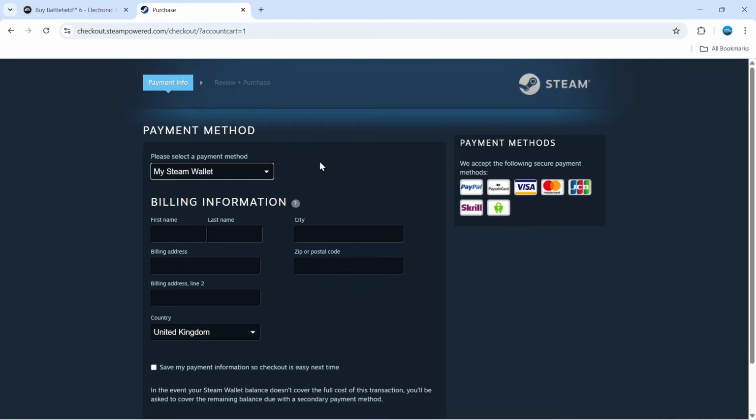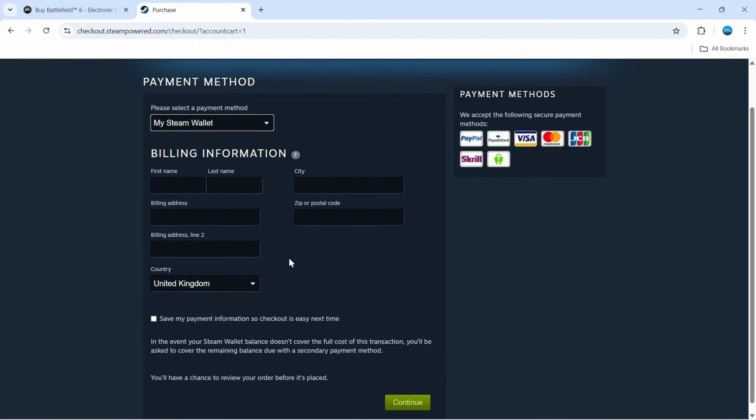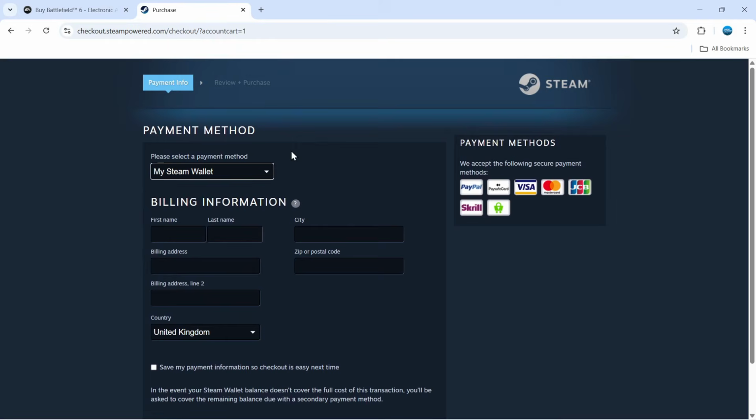It does depend on what country you're in, but for myself in the UK, I've got things like PayPal, Visa, MasterCard, Skrill, and PaySafe. So you would basically just choose your preferred method from here, click continue, and then you're going to go ahead